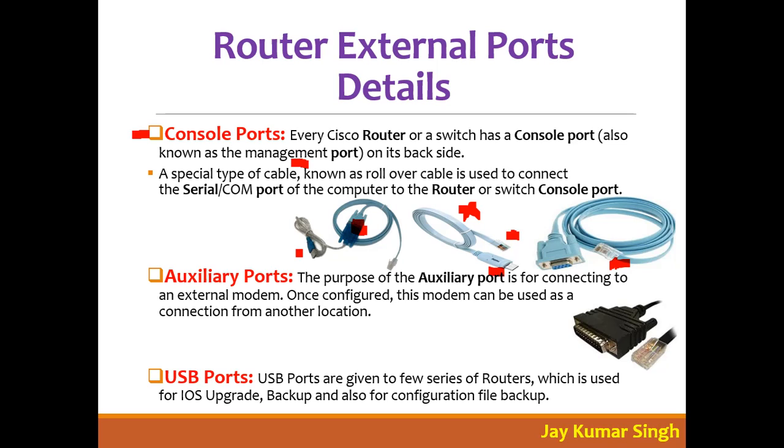Okay, so this console port, when should we use console port and when should we use auxiliary port? So console port is used when the router is nearby you, means locally, so you can physically connect the cable and configure the router. But when the router is in a remote location, at that time what will you do? The auxiliary. Yes, so the auxiliary port will be used for accessing that router. Okay, so simply you say that console port is known as local administrative port and auxiliary port is known as remote administrative port.